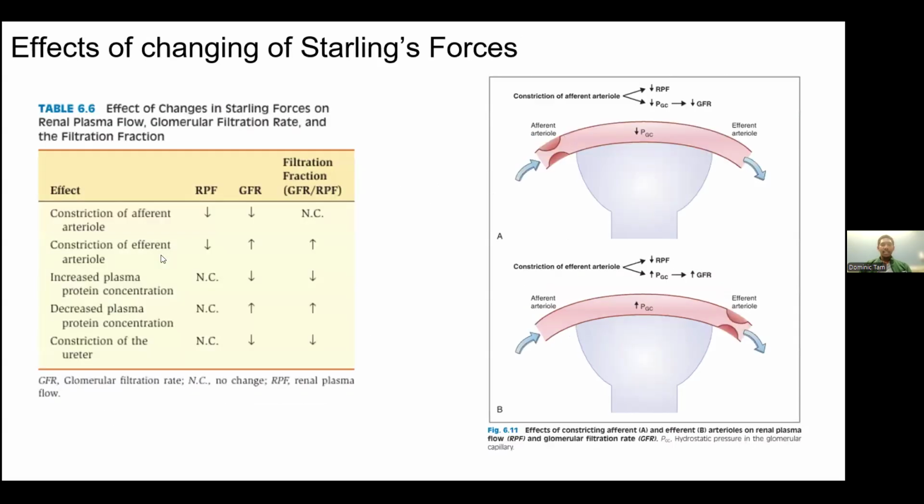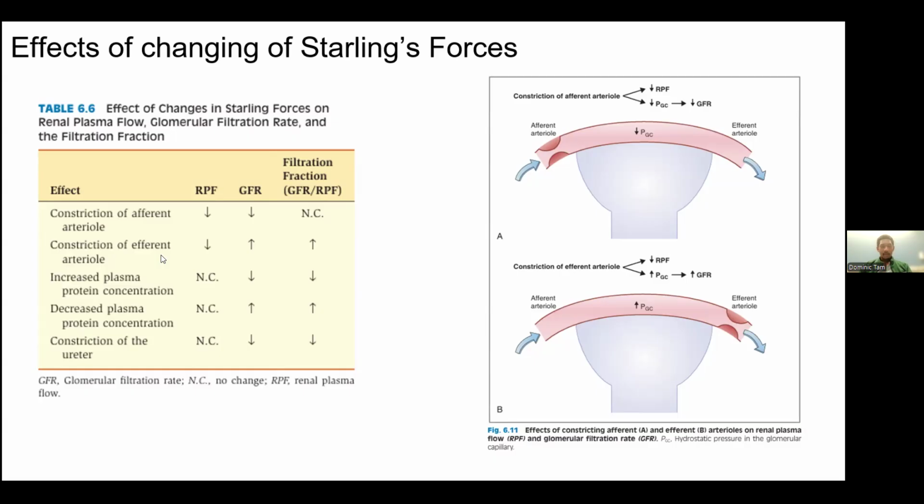So changes in hydrostatic pressures in the glomerular capillaries are produced by changes in the resistance of the afferent and the efferent arteriole. Changes in the glomerular filtration rate occur in opposite directions depending on which of the efferent or the afferent arteriole is affected. All right. So just to highlight a few things, in the first one,